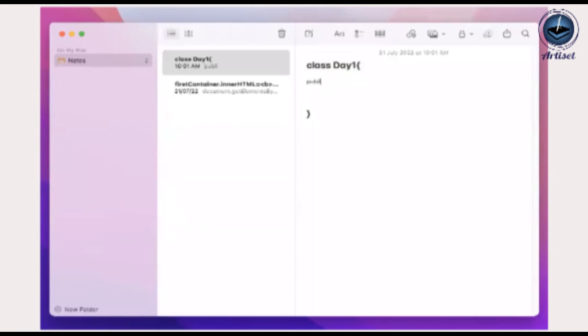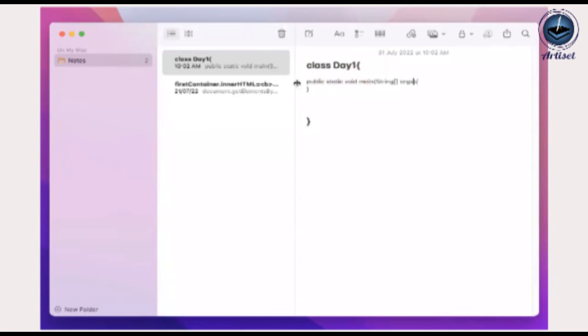So you can write public static void main. This is the main method you require to run Java, and this is a predefined syntax of Java. Every word here has a meaning. Public is an access modifier, static is a keyword where we do not need to create an object. Void is a return type, main is a function name, and the first letter of a function name should be small. So here String,